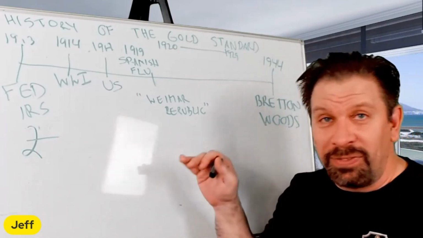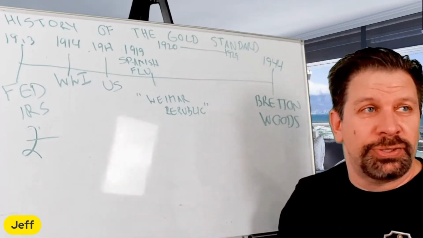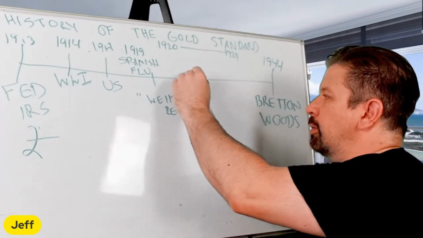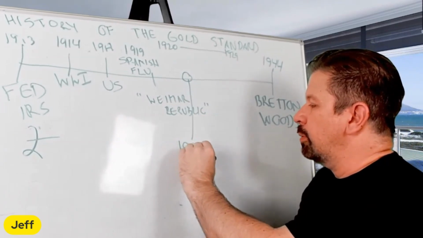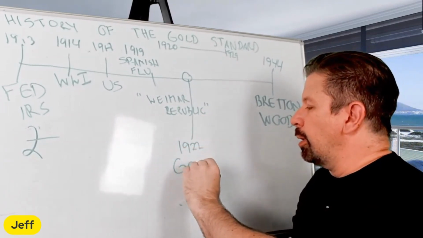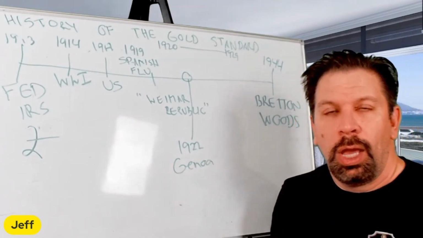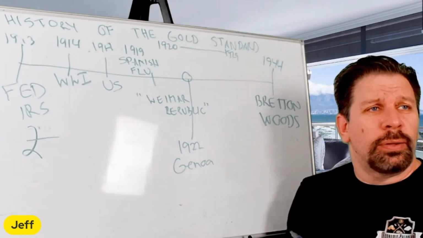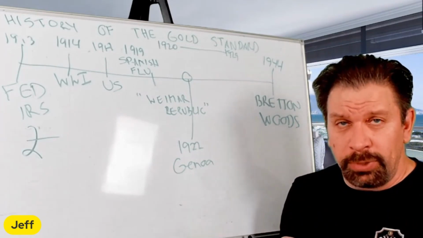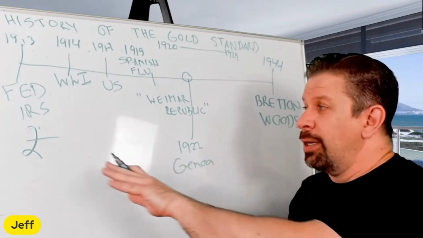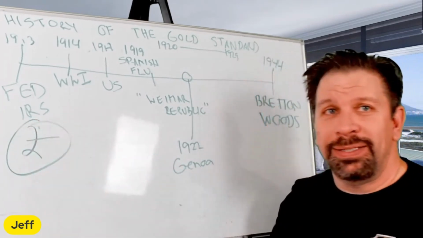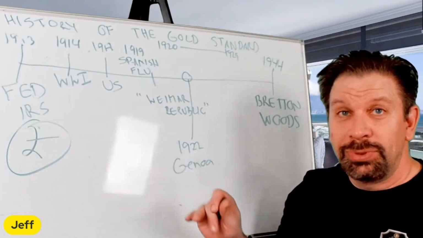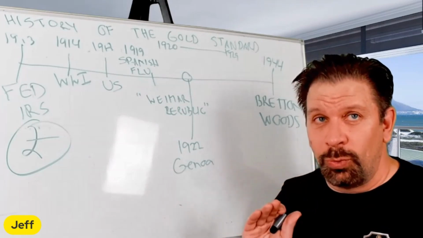Now, this is where the history of the money gets involved, and it gets very interesting. In 1922, which is right here, so I'm going to draw it down here, in a meeting in Genoa, Italy, there's the Conference of Genoa. What happens there is that the U.S. and Britain were both now deemed the global standard. They didn't want to give up this. They don't want the pound to die yet. They don't want to say that it's dead. The pound is still the top dog in the financial world.